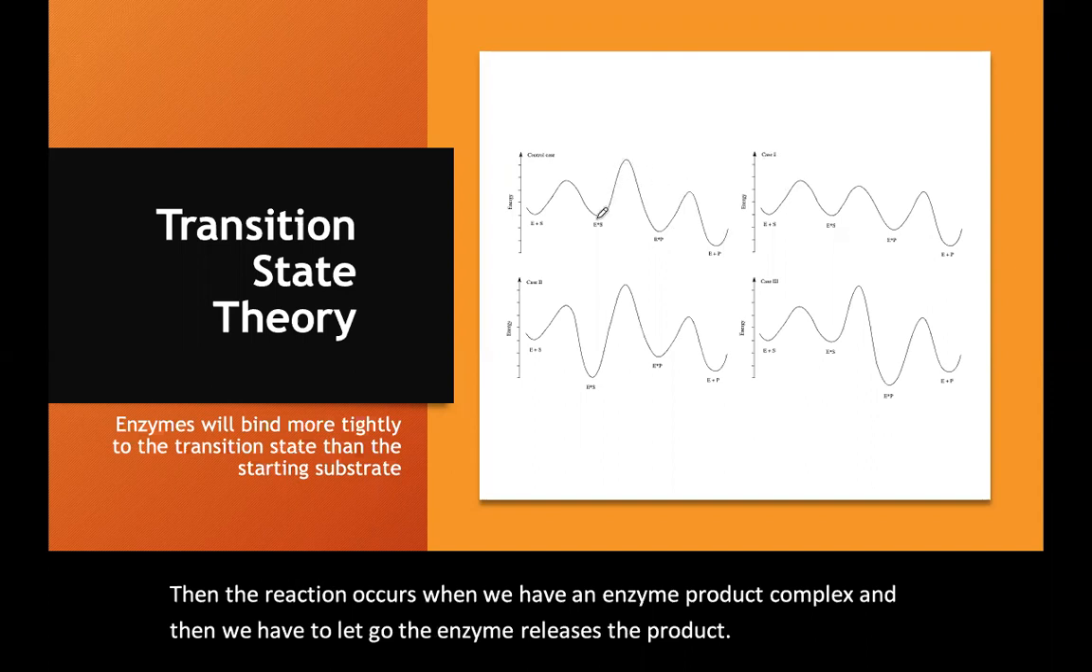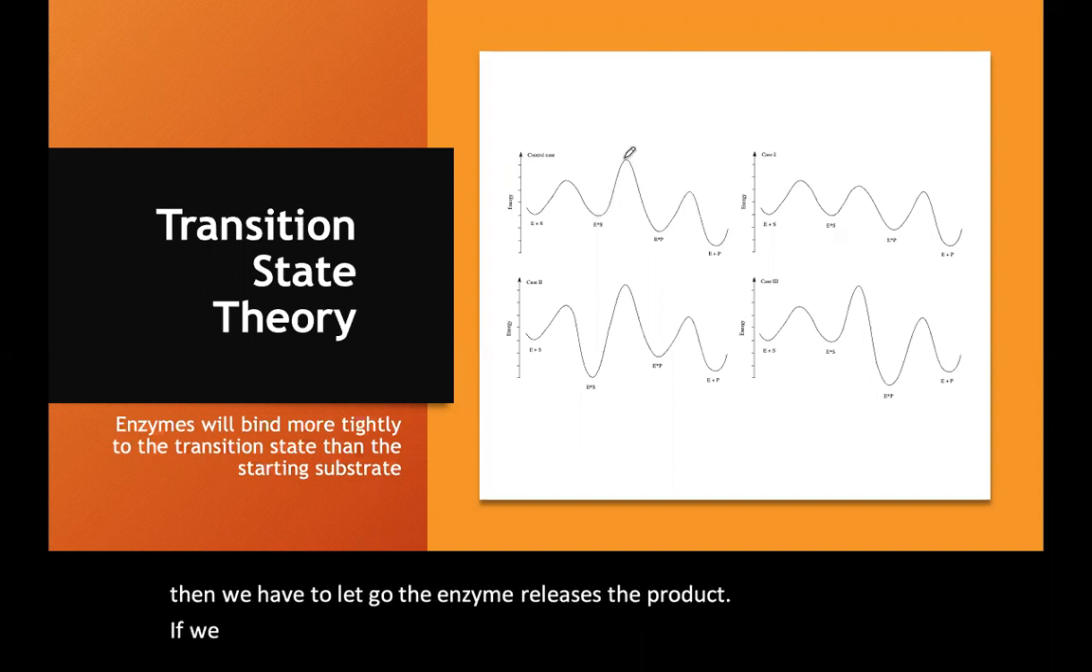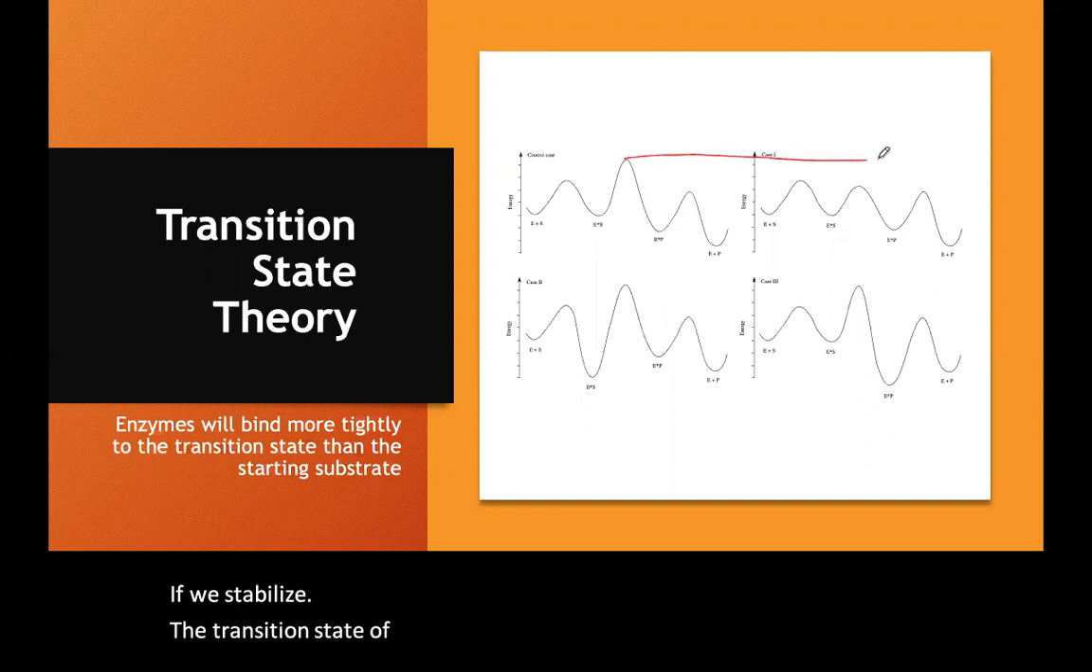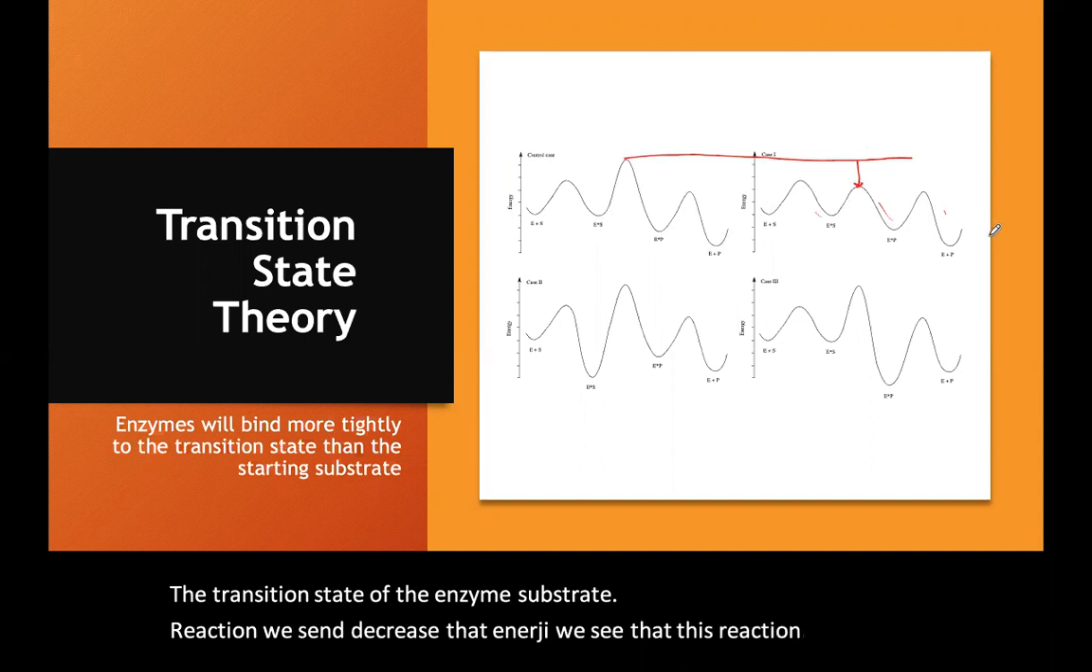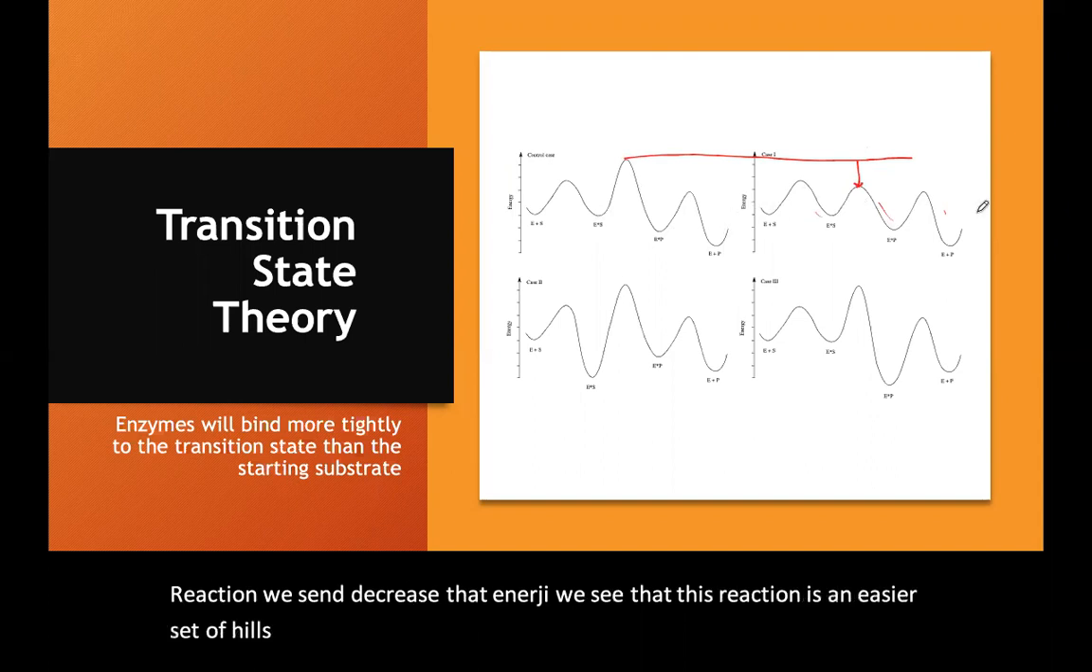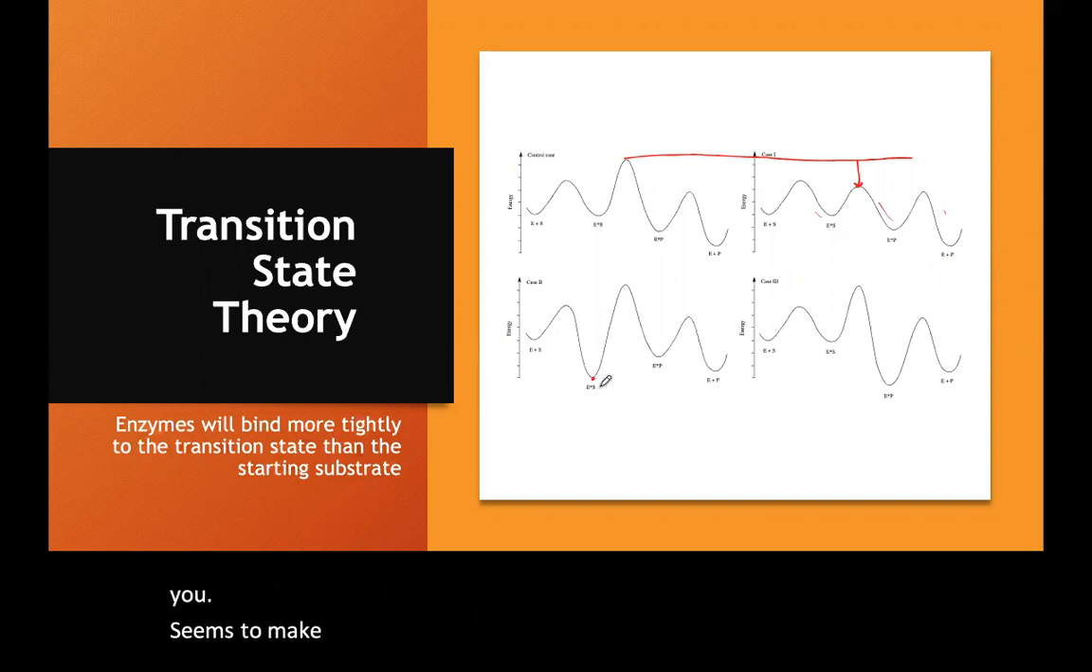If we stabilize the transition state of the enzyme substrate reaction and decrease that energy, we see that this reaction is an easier set of hills to go over, an easier pathway. However, it seems to make sense sometimes that we should stabilize or bind tightly to the substrate,